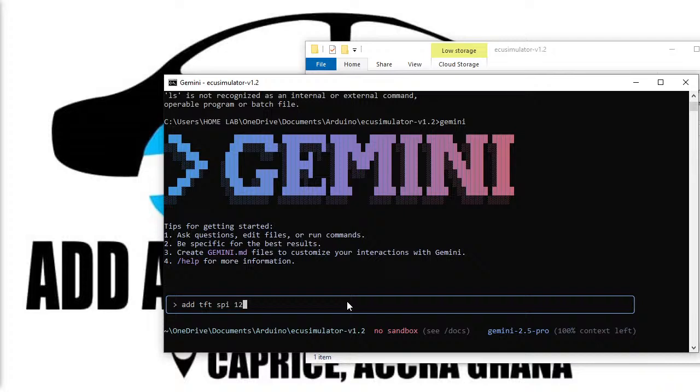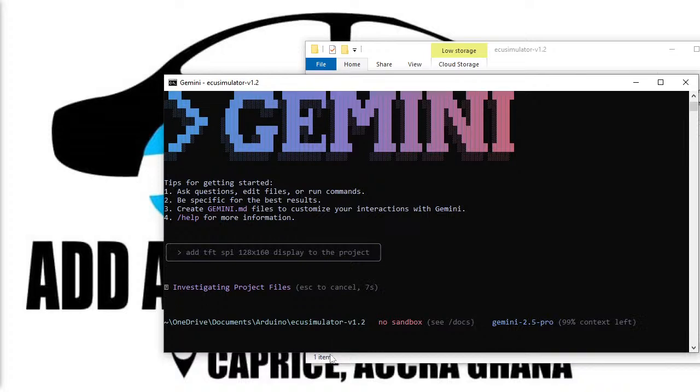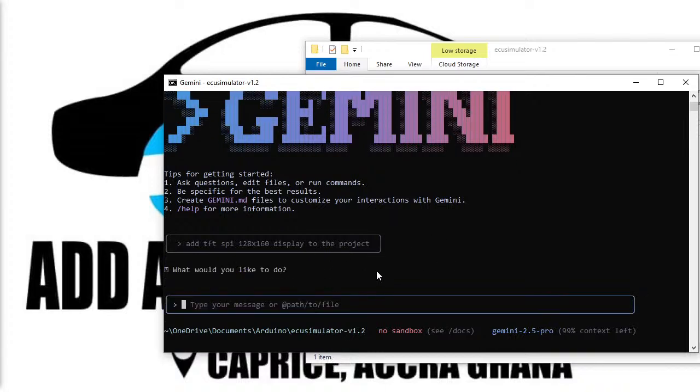SPI 128 by 160 display to the project. I'll let it do it. Then after it is done, I'll also let it port the whole code from, let's say,